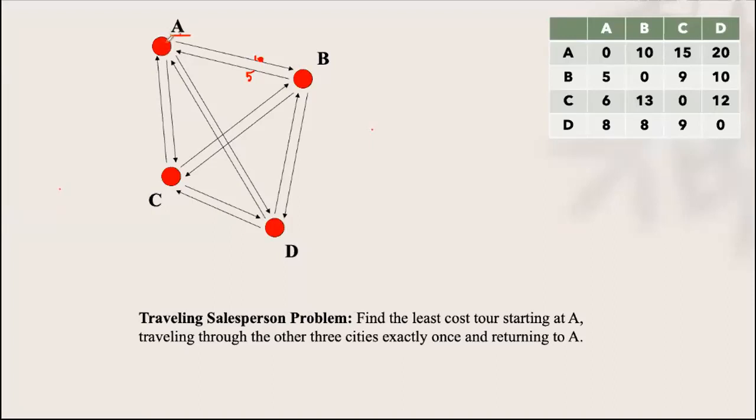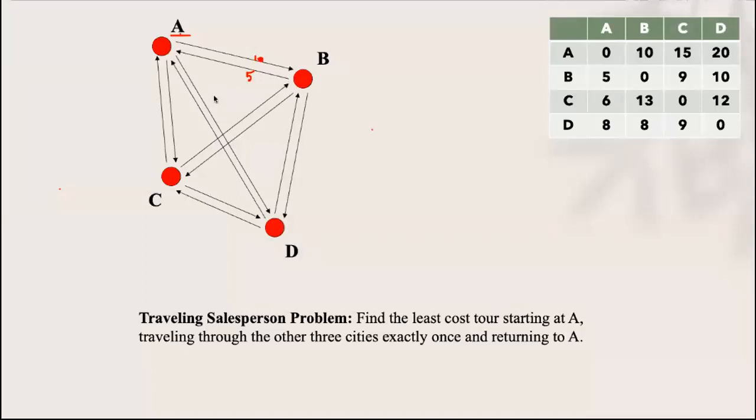Say I can start from A, go to B, D, C, and back to A, or A, C, D, B, and back to A, because the paths are there. So many different paths are there. You have to find a path such that its cost is minimum among all the possible paths. With 4 vertices, almost 16 paths will be there. So you have to find the minimum cost path